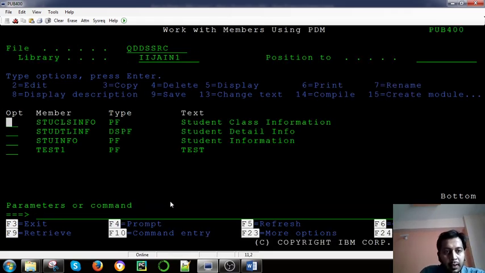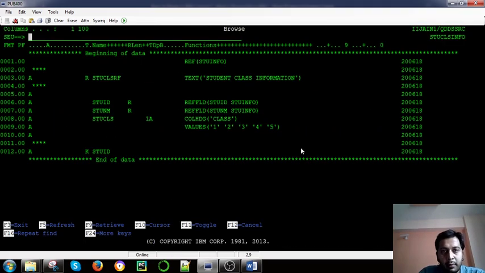So this is something we declare. You have to first declare the reference file from which you want to use the reference, and which field you want to use, the reference field. This is the structure and how it will be declared.